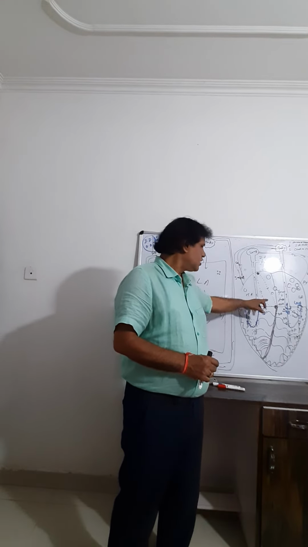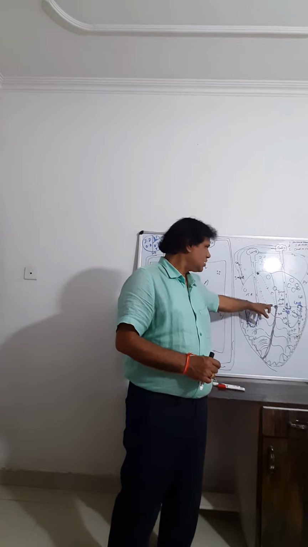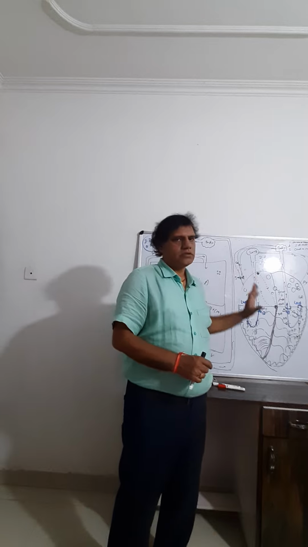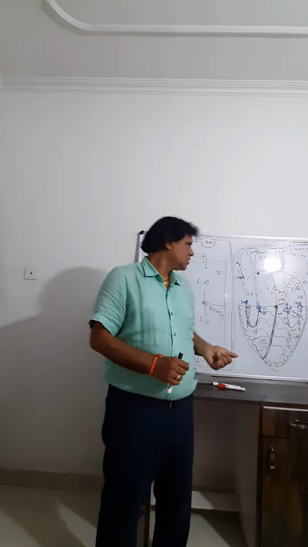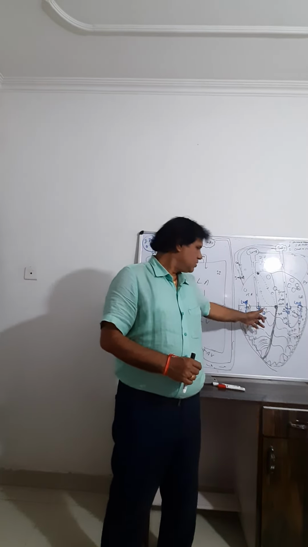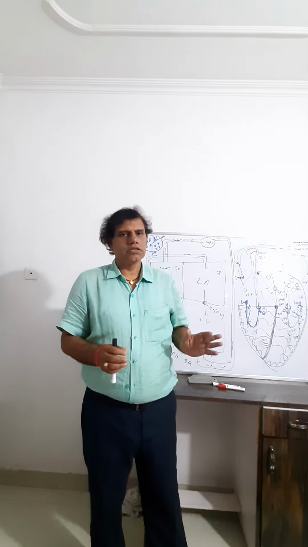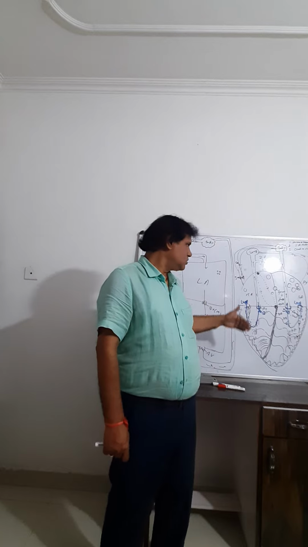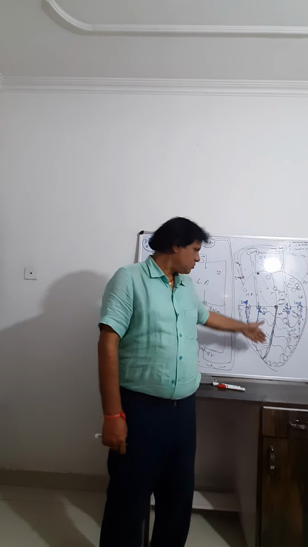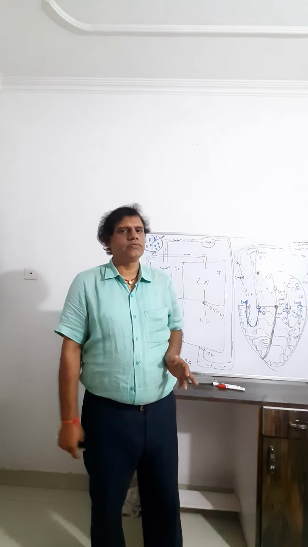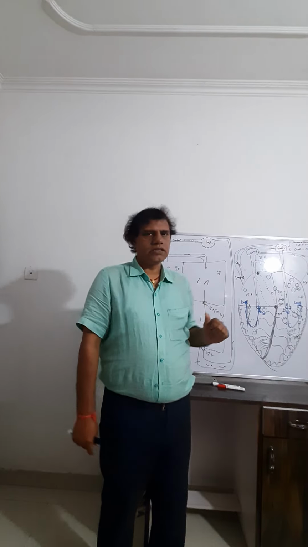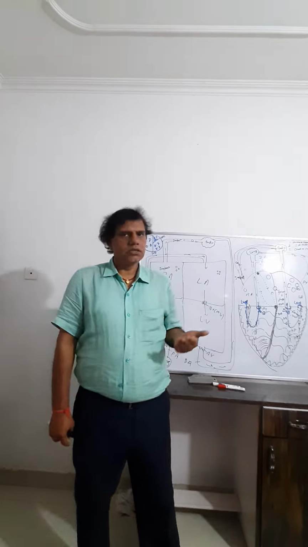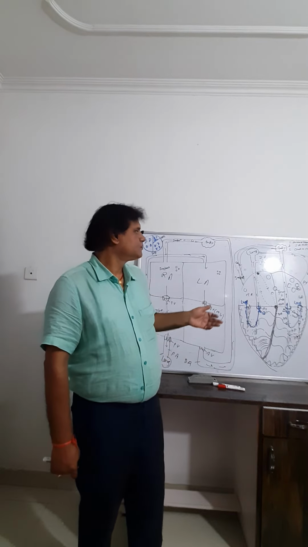The SA node is the pacemaker and the AV node is the pacesetter, and they generate the impulse. It goes to the bundle of His, then the bundle branches, and is responsible for contraction of the ventricle. So the ECG also depends upon the SA node, AV node, and bundle of His, and on contraction of the ventricle, contraction of the atria, relaxation of the ventricle, and relaxation of the atria. The ECG is called the PQRST wave.